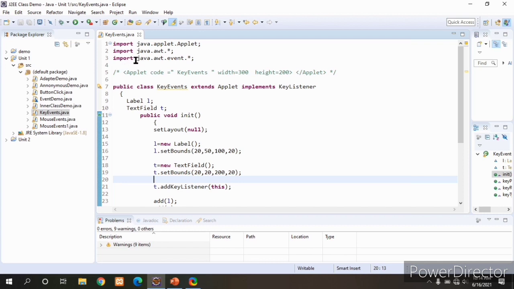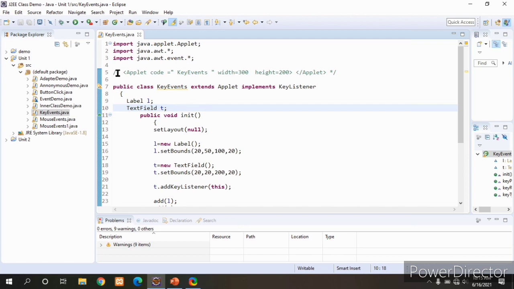Next, import java.awt.event.*. This package will provide all the classes and interfaces to handle the events generated by event sources. I am using a text field as an event source here.